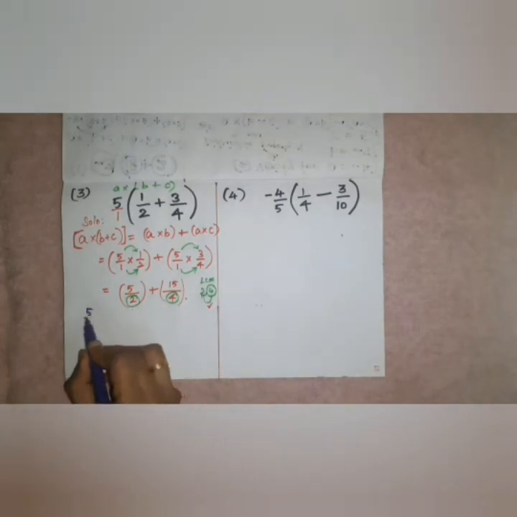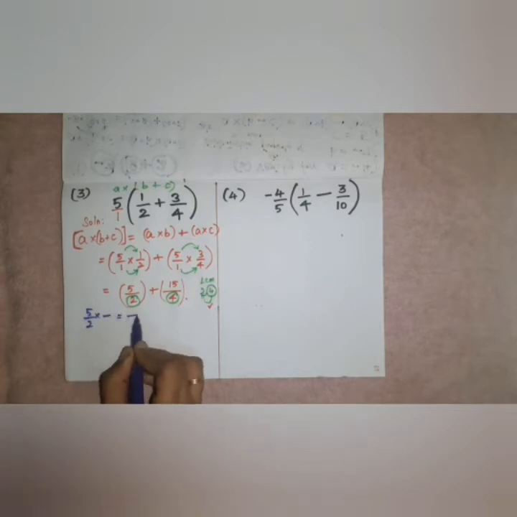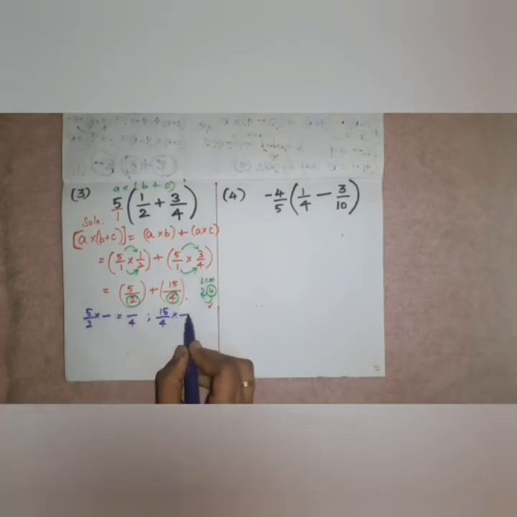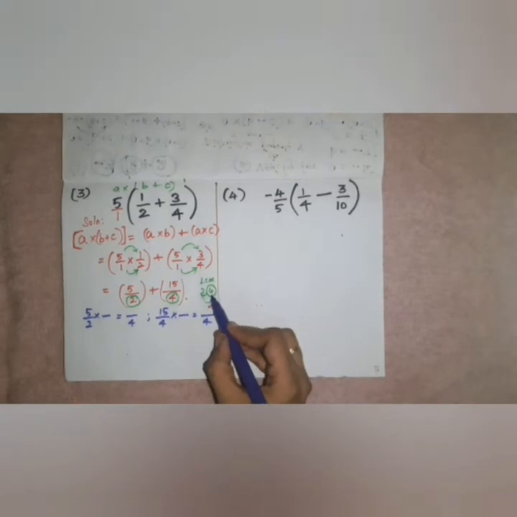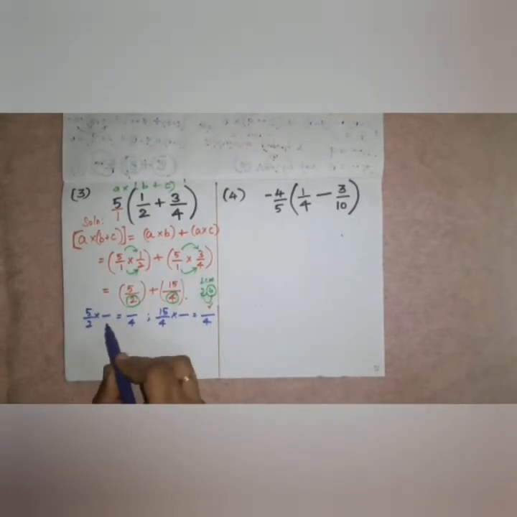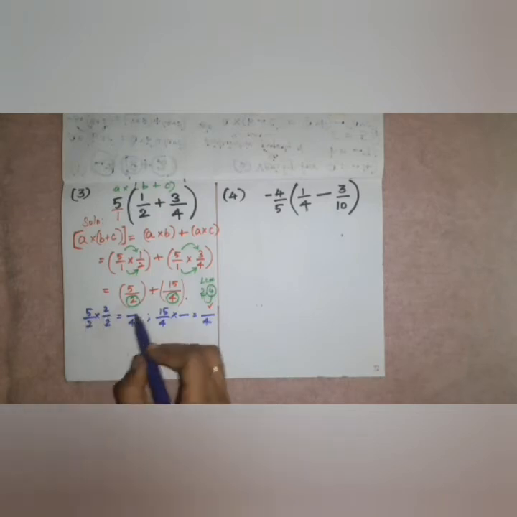I have to change the 2 to be 4. So how can I change my denominator to be 4? I should multiply. The denominator I should get to be the LCM value. So 2 2s are 4, I multiply with the numerator and denominator so that I get the denominator to be 4. Same, you have to multiply the same in the numerator as well.